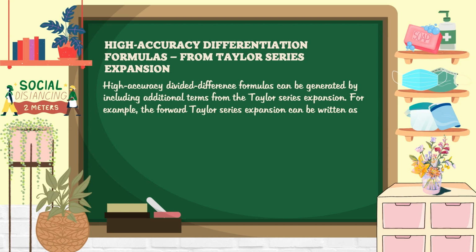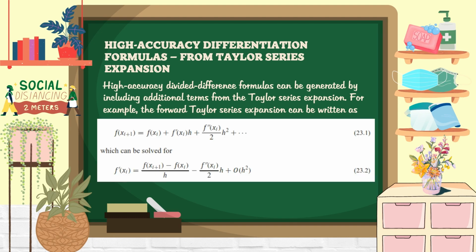This level of accuracy is due to the number of terms of the Taylor series that were retained during the derivation of this formula. So we will now illustrate how to develop a more accurate formula by retaining more terms. As noted, high accuracy divided difference formulas can be generated by including additional terms from the Taylor series expansion. For example, the forward Taylor series expansion can be written as the function of x sub i plus 1 is equal to the function of x sub i plus the first derivative of the function x sub i times h plus